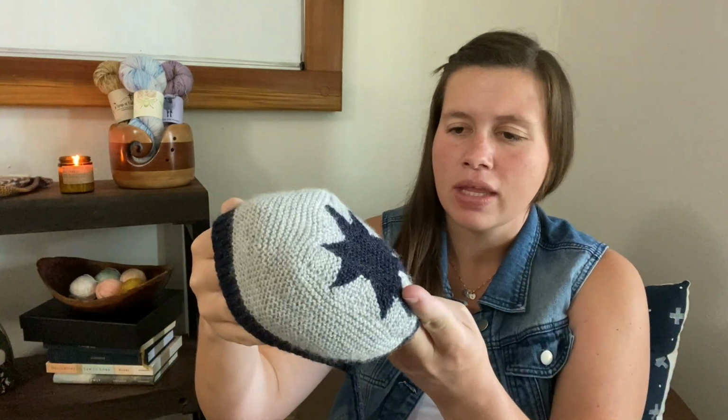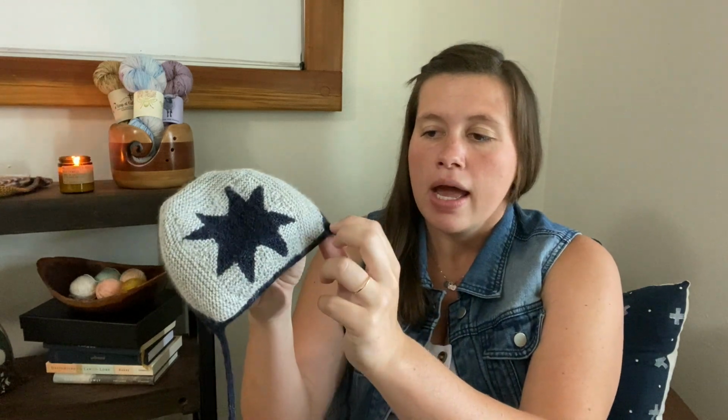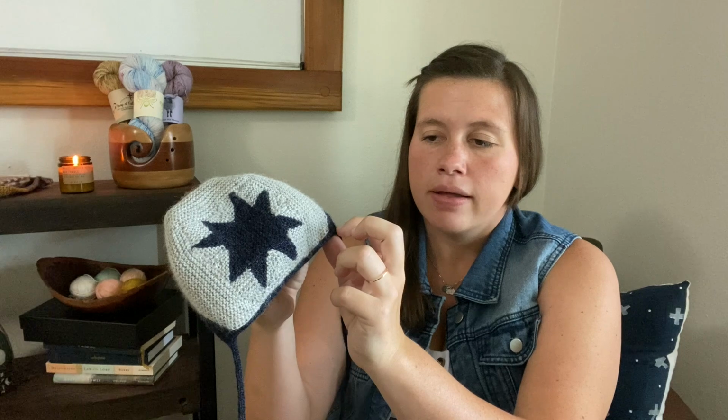The only modification I made, which I spoke about last time, is that I saw another Ravelry user on her project page mention how to knit the I-cord a little bit differently than the pattern. The pattern wants you to knit the whole I-cord and then seam it right here. But what I did instead was I knit this part of the I-cord, and then